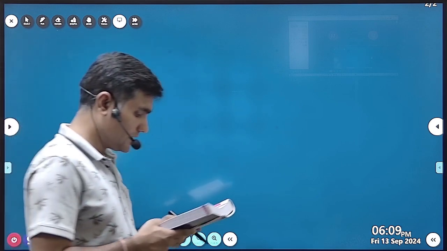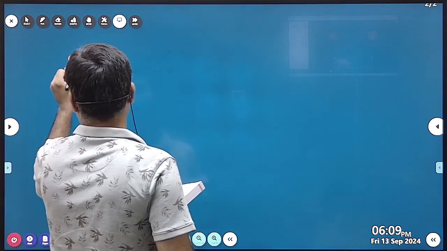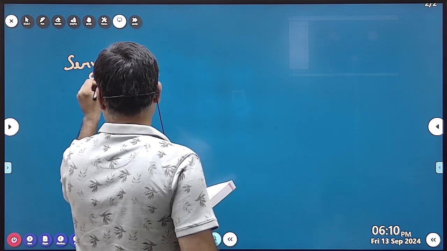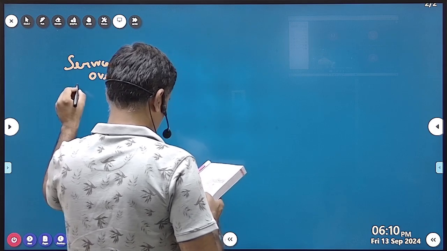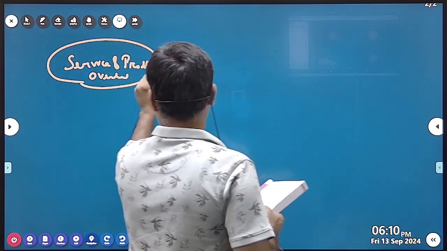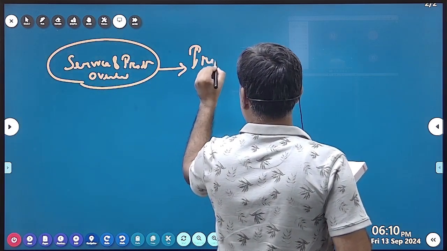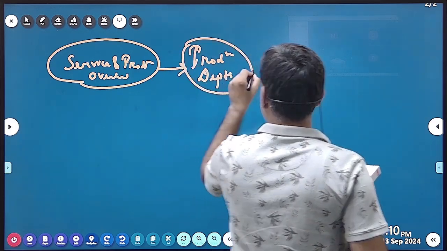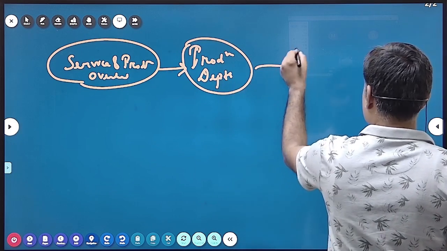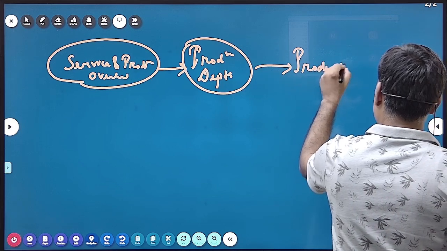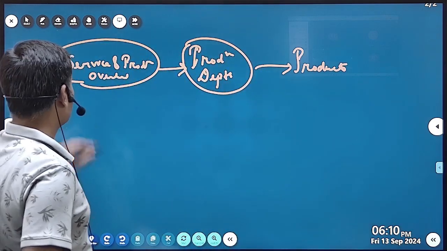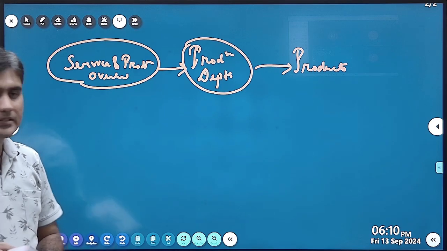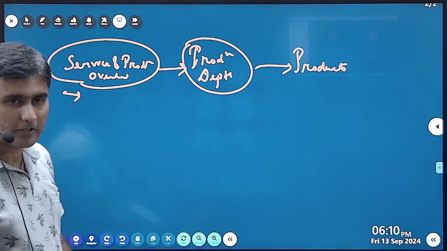What they are trying to say in this: service and production overhead. These are assigned to production departments. And then these costs are further assigned to products. Service overhead, say the finance and accounts department in a company. It's a service and it's an overhead. The audit department, finance, audit,